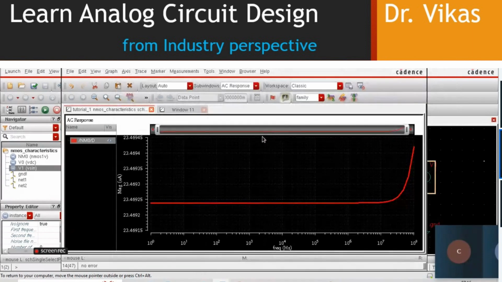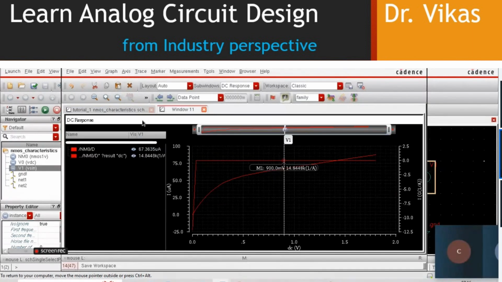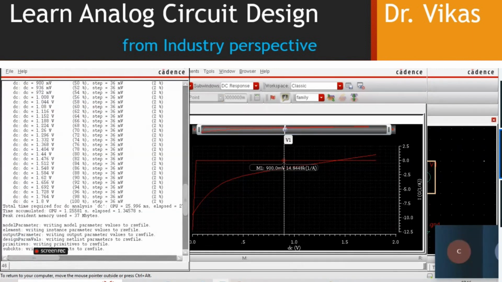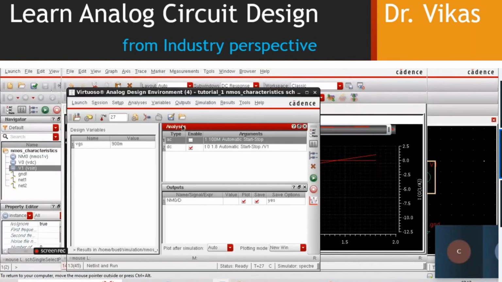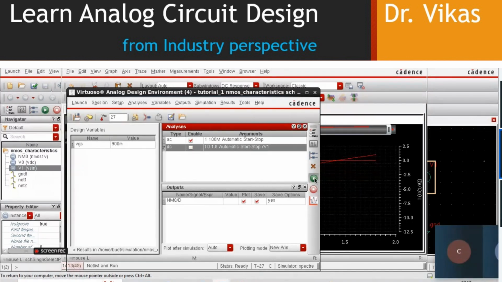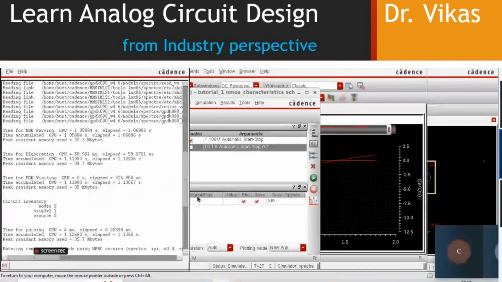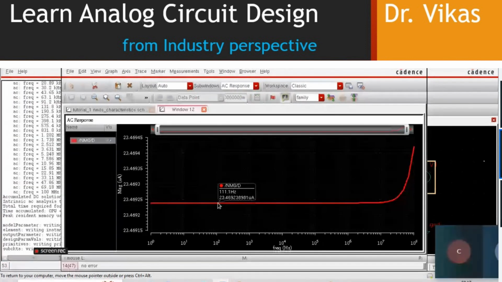Once again, it's not taking. Let's try to replot it. Let's try to plot it one more time. Oh, AC analysis is disabled, right? Yeah, I'll run it one more time. Now let's try to